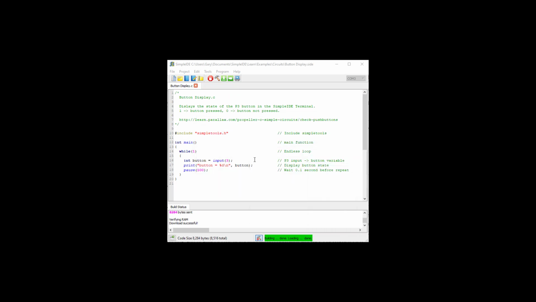Good. So I don't have any buttons, so let's go ahead and show you the program. So in a C program, we have a main, we have our braces, and every brace needs to be in a pair. While one means it's going to run continuously,